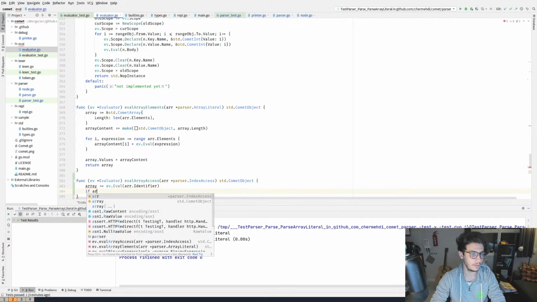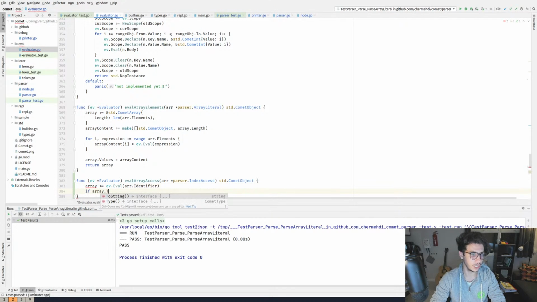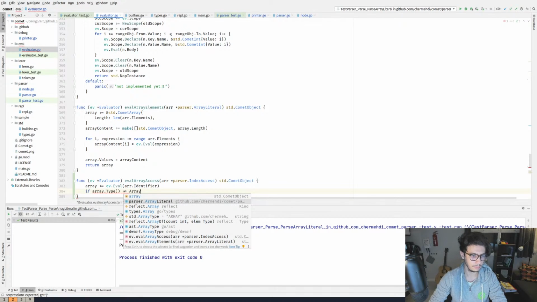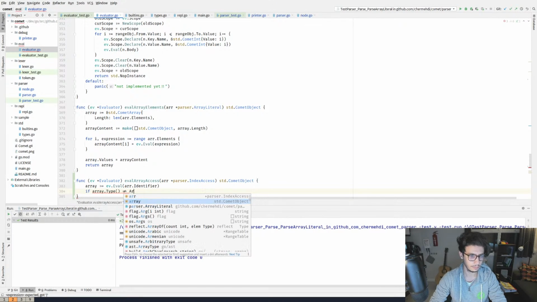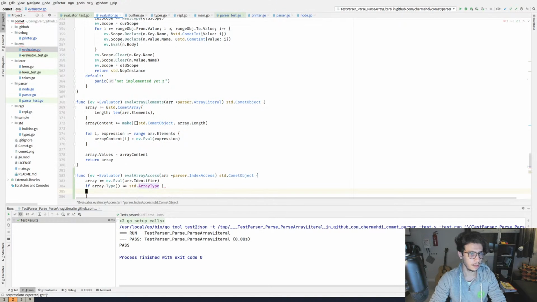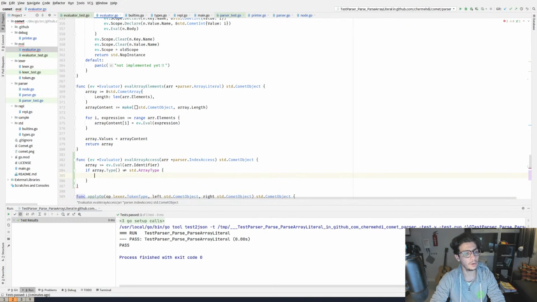So if array dot type is different than array, so if this is not the case, I want to create an error.